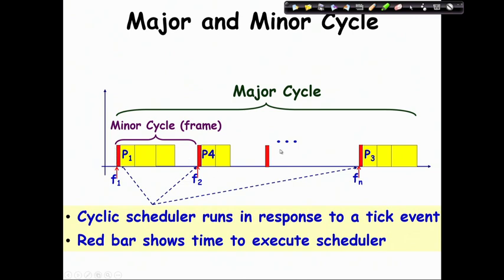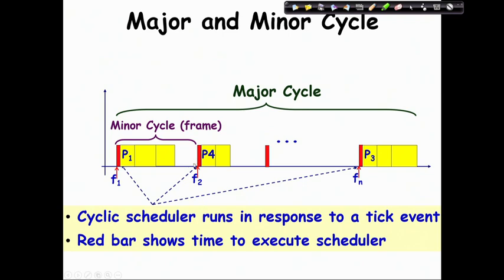All frames are equal size, and then as the periodic scheduler is set to give an interrupt after every frame length, as soon as the interrupt from the periodic timer comes, the cyclic scheduler starts running, consults the schedule table and executes the corresponding task that is mentioned in the table,